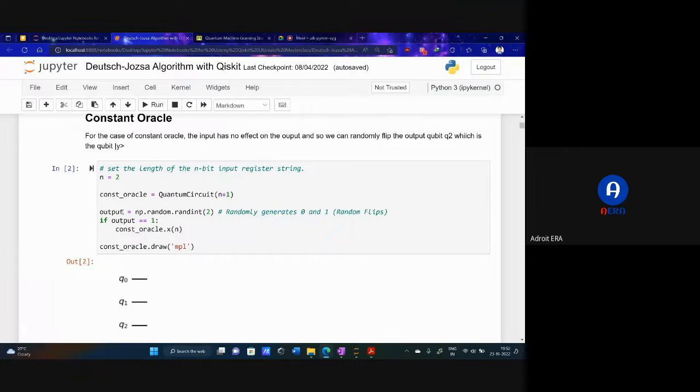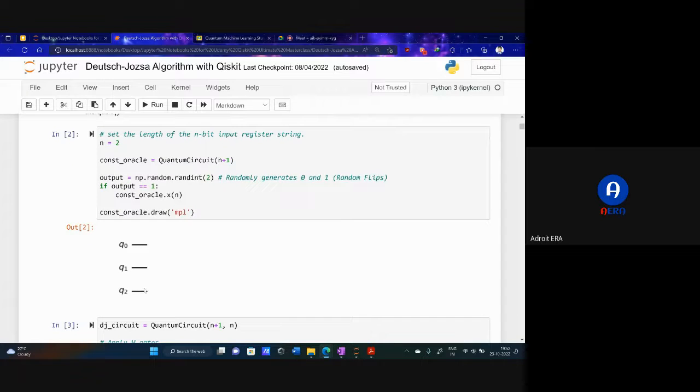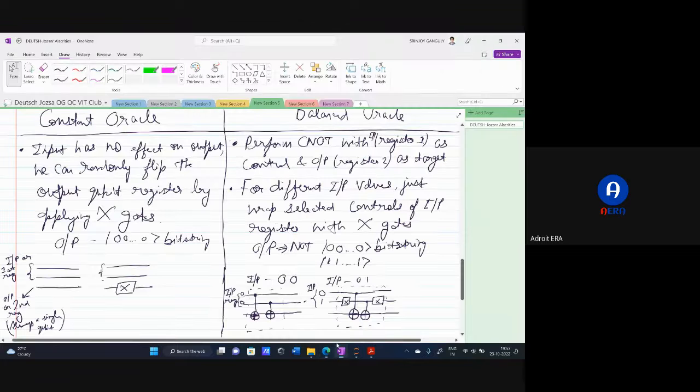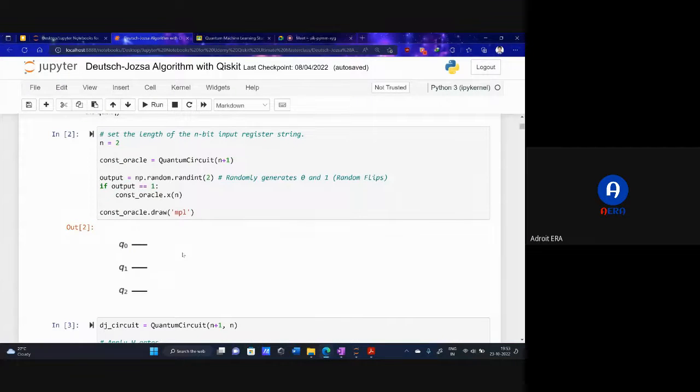Whenever you run this code and the output you get is 1, then you will apply the X gate on the nth qubit. That means here you will apply it here. Why here? Because again, go back to your notes, look at this diagram, look at my cursor here. We are applying the X gate onto the second register, not onto the first register. Remember, the above ones are the first register. That's why we are doing it like that. Okay, and then once we draw it,